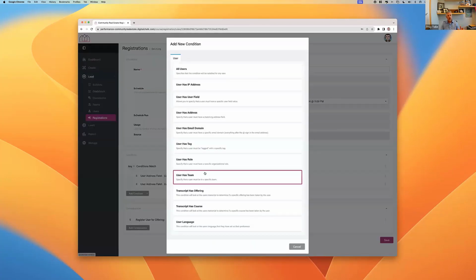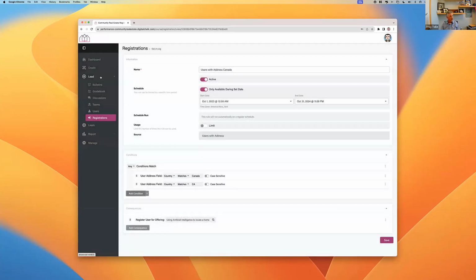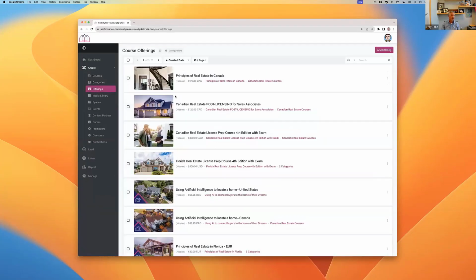The rule system is one of the most powerful systems that we have underneath the covers. It allows us to look at all the properties of every user, of every course, transcripts, previously taken courses, courses that are upcoming, and then customize the look and feel of the system in terms of the catalog that the user is going to receive, as well as customize every notification that goes out. Why is this important? Well, it's important, especially if you're doing things like separating Canadian customers from European customers, from US customers, or different